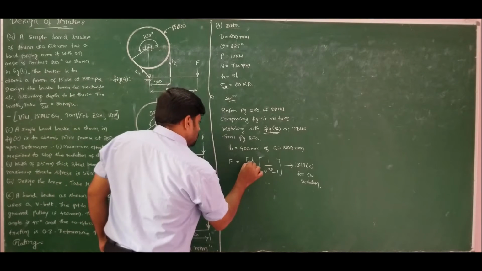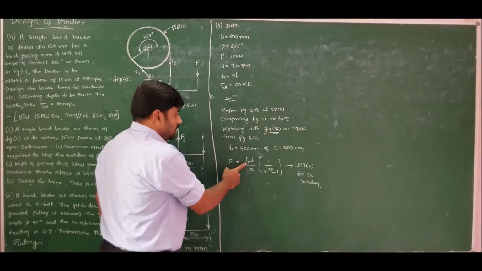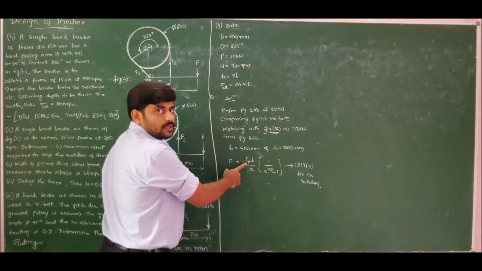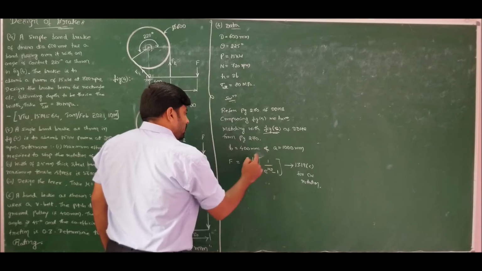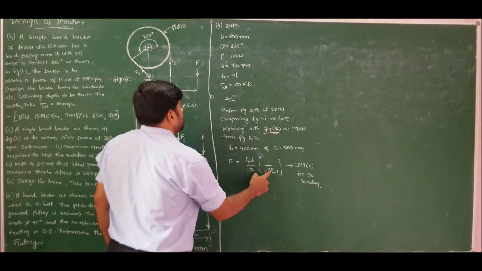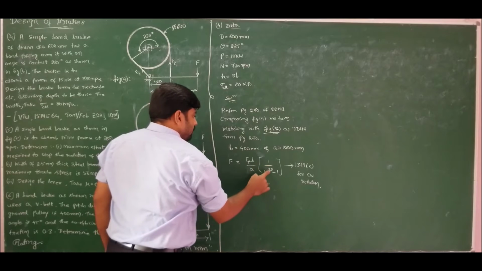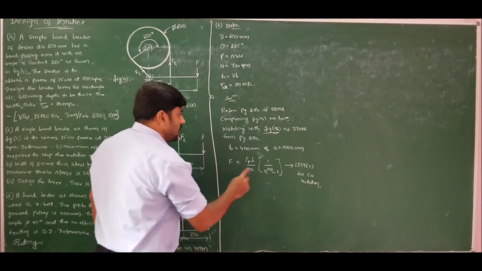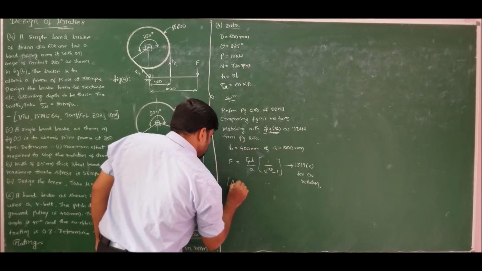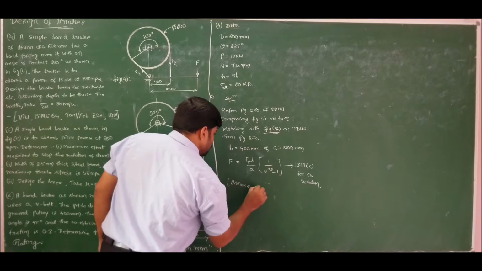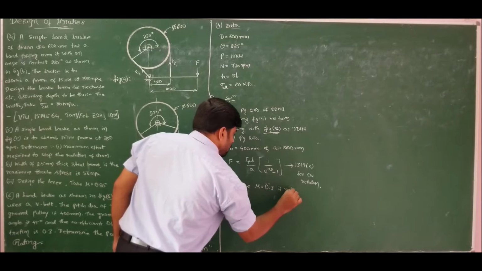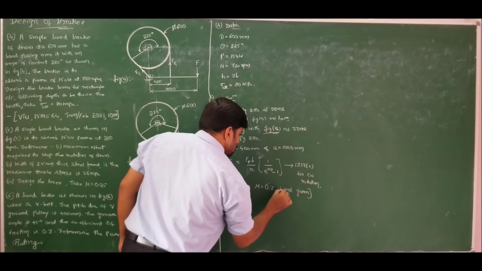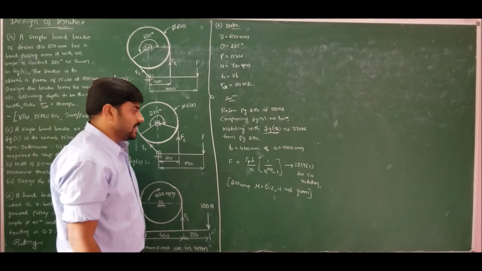If you carefully observe, I can find the value of torque with the help of power and RPM, using which I can find the value of tangential force. And A and B are given for us. Now coming to the angle theta, which is in radians, 225 times pi by 180, I can do it, but I don't know the value of coefficient of friction. Whenever the value of coefficient of friction is not specified, always assume coefficient of friction as 0.3. If coefficient of friction is not given, we assume mu is equal to 0.3.